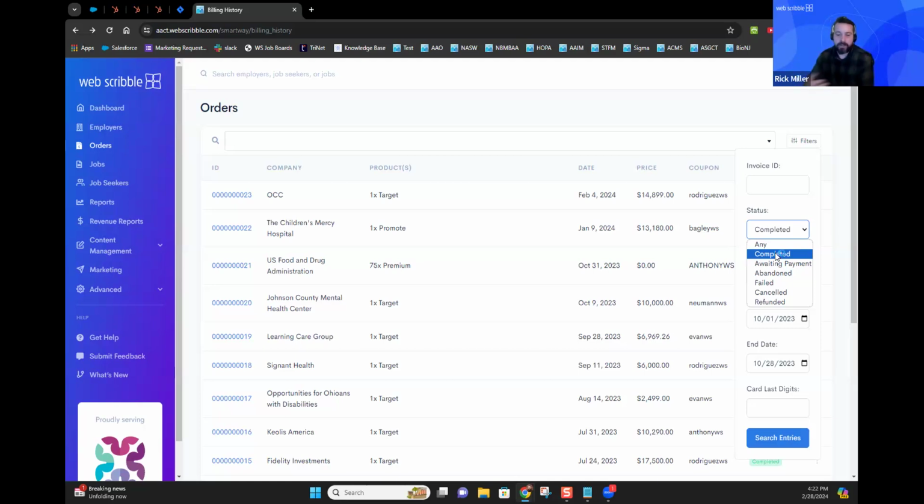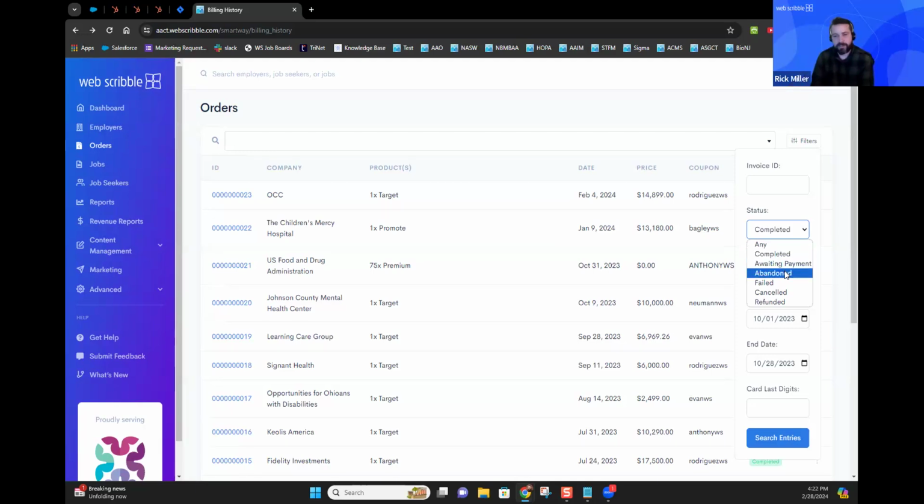Awaiting payment, you'll usually see that status when an invoice is sent out to the employer. We don't typically do this. There may be some of you out there that allow this. By default, we don't like to send invoices out. We like to collect credit card information to ensure that the transaction is completed. Collections can be difficult sometimes, but if you ever see awaiting payment, that typically means that an invoice was sent to that customer and we're still awaiting payment, either via a snail mail check, which still happens sometimes. Our invoices also have a link inside them where a customer can receive an invoice and they still have the option to do an e-com payment through the invoice if they so choose.